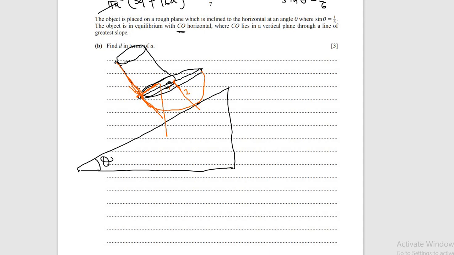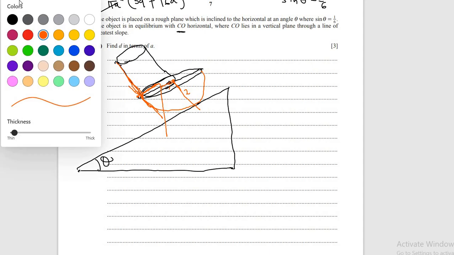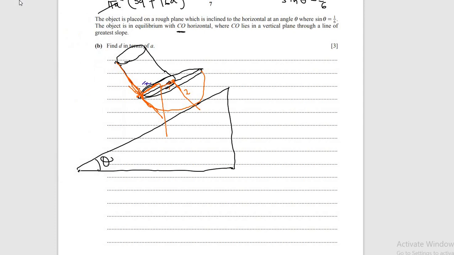Now, what's from here to here? If from here to here is x, and everything here is 2a, so the remaining small space here will be 2a minus x. This, like I said, this angle here will be angle theta. This side and this side will be,